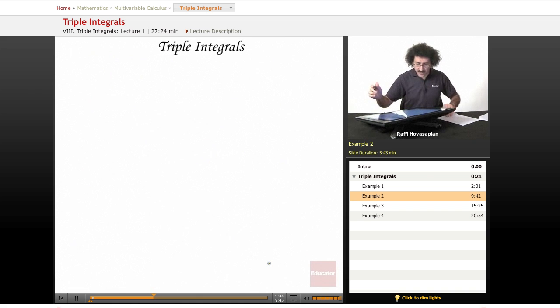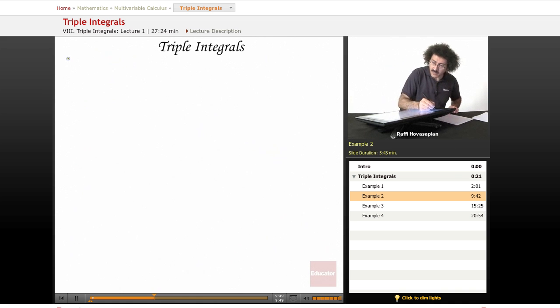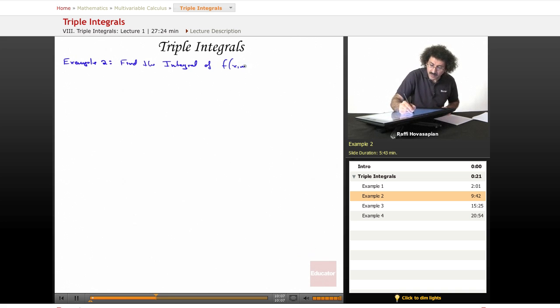Okay, let's do another example. Let's see here. So example 2. Find the integral of f of xyz equal to x y squared z cubed over the region